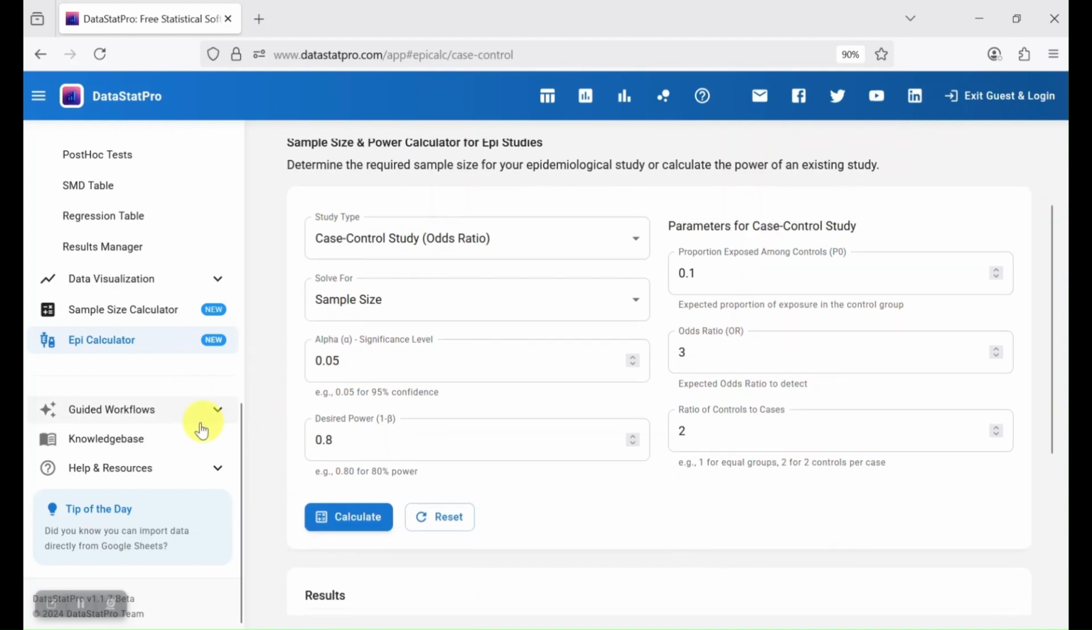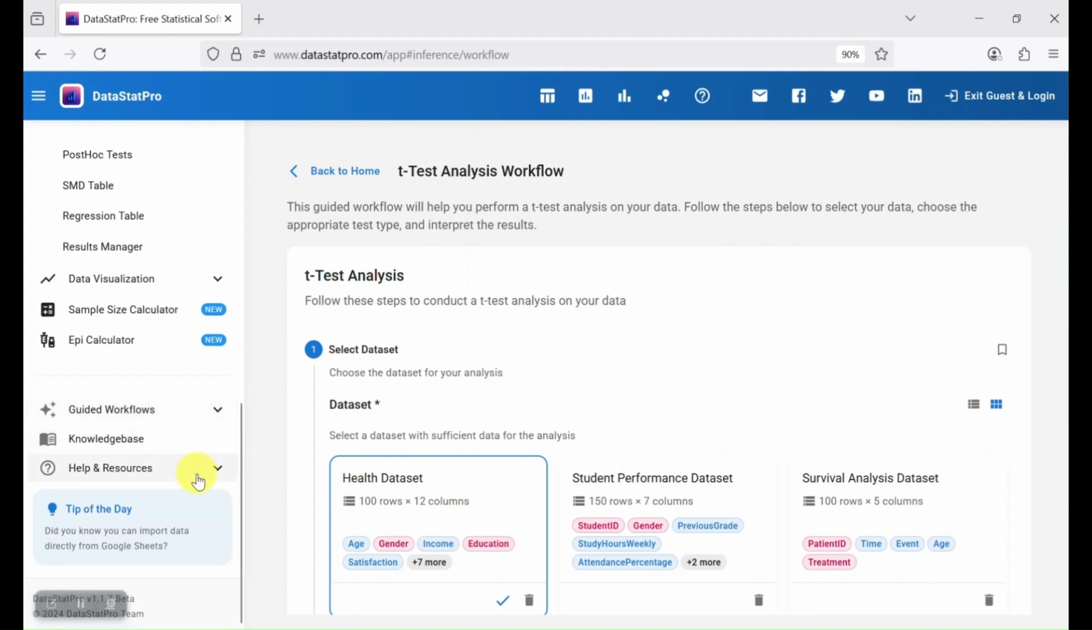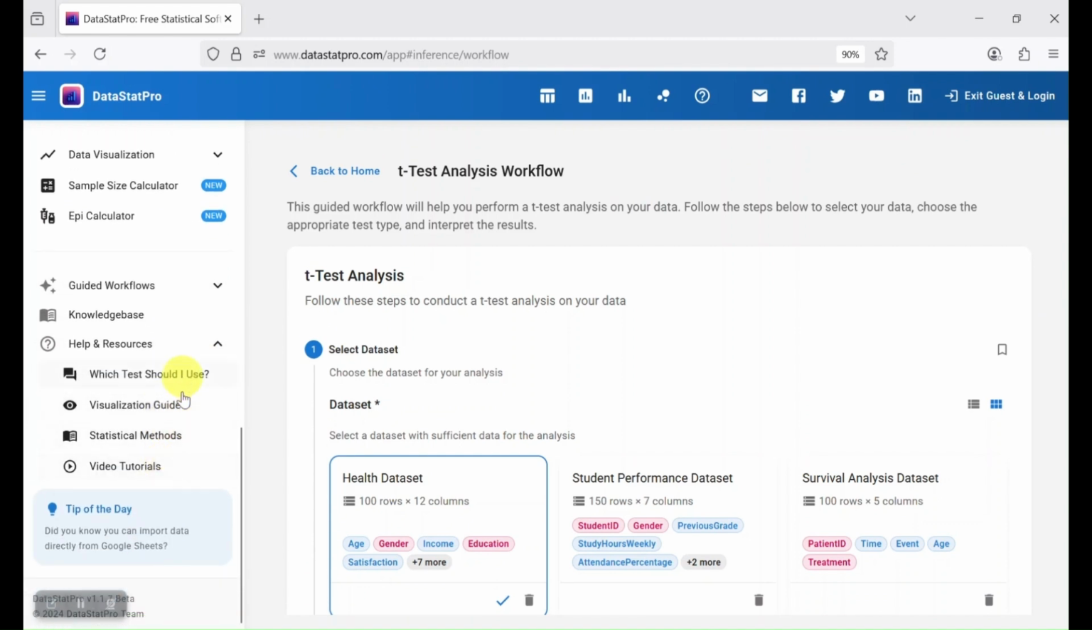So there are a few other options like the guided workflows. There are help resources